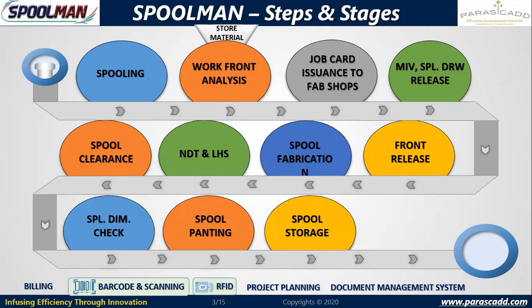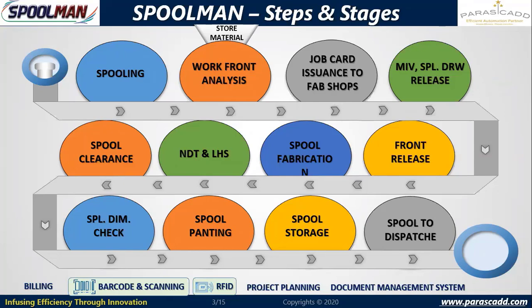And then after completion of painting, the spools will be stored in temporary storage, that is the laydown area. We record in which laydown area it has been stored, so that it will be easier for tracking and retrieval. So once I have to issue this back to the erection site or dispatch it back to the owner, we know where it is residing, what the vehicle is, what the gate pass number is against which it was transported, on what date, and what the condition of the spools is, whether it has been received in good condition, where it has been placed, how it has been placed, and who is the responsible person for tracking. This will happen at the laydown area. And finally, the spools will be dispatched as per requirement to the erection site or to the client.